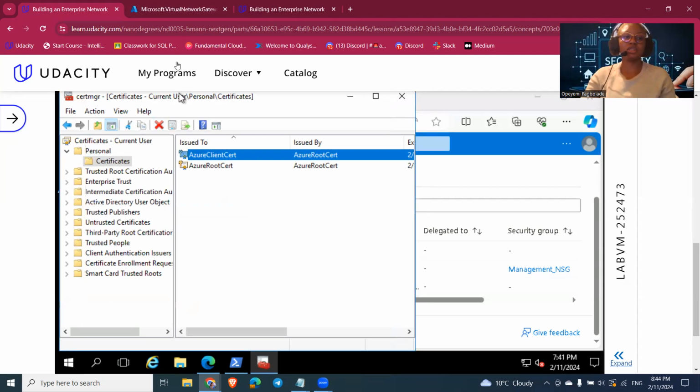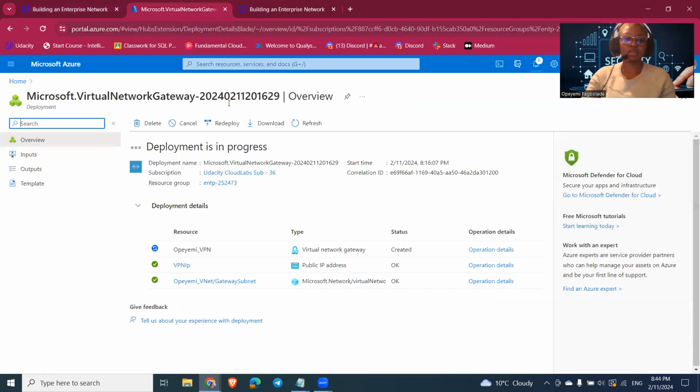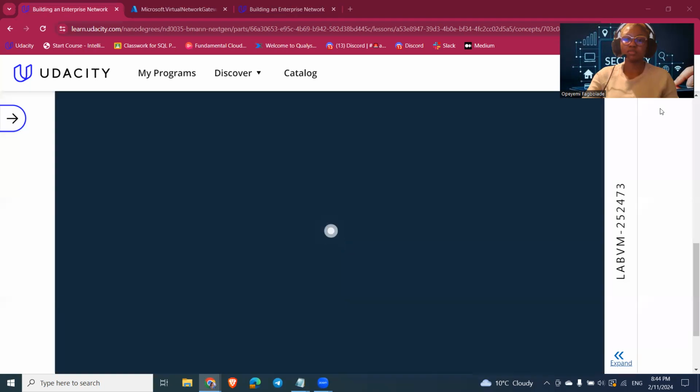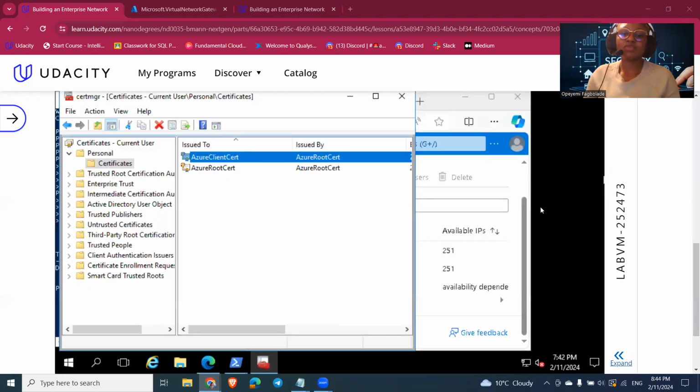Let's check on the virtual network gateway that is being deployed. It is still in progress. And how many minutes do I have left for the lab? I have 1 hour 11 minutes. That was pretty fast. Next thing to do